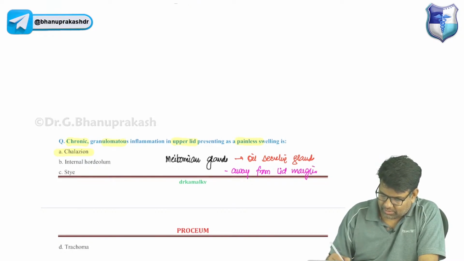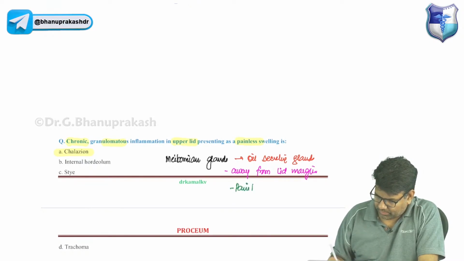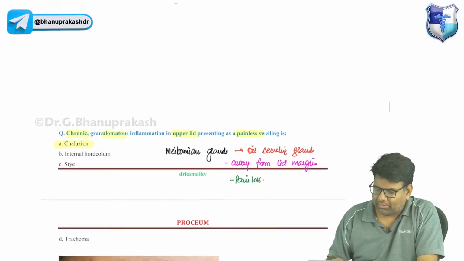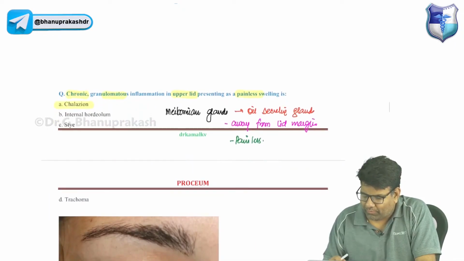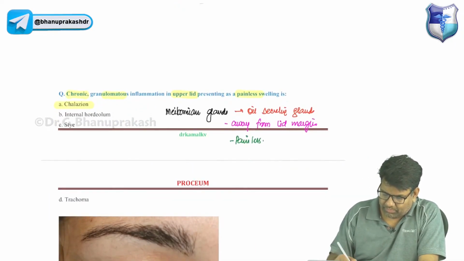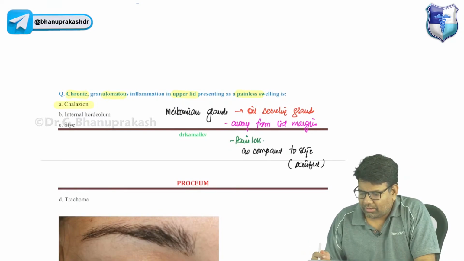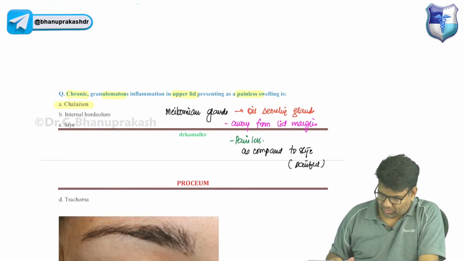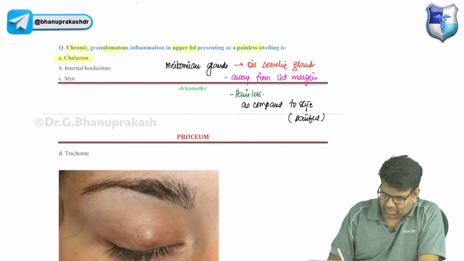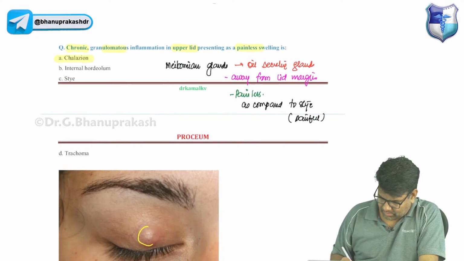And this is a painless condition as compared to sty, which is a very painful condition. Sty is painful and nearer to the border of eyelids. Okay. So meibomian gland affection, and you can see this is apical swelling,